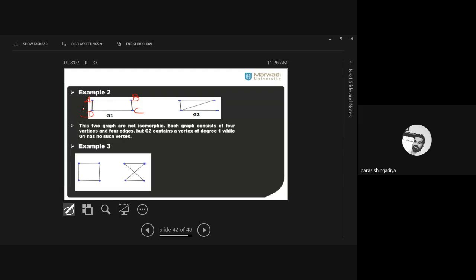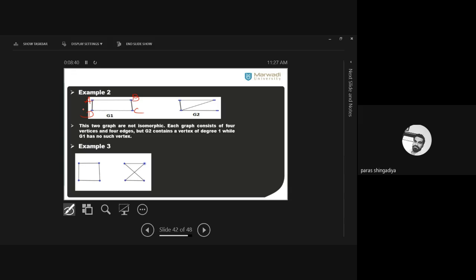Now let us check the image of every vertex in the second graph. So let's find the image of A. That is A dash. And which vertex can we consider as the image of A? Here the degree of A is equal to 2 in the first graph. What is the degree here? It is 2. So find such a vertex in the second graph whose degree should be 2. And now also check the adjacency relation. Clear? So here A is adjacent with B and D. And what is the degree of B and D? That is 2. Clear?